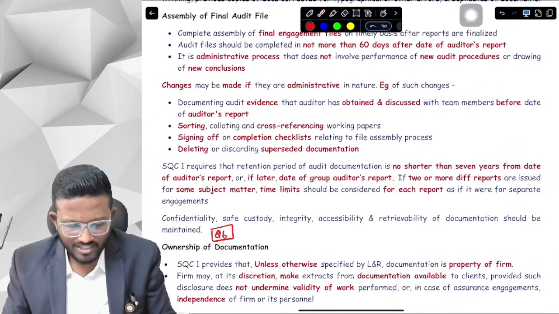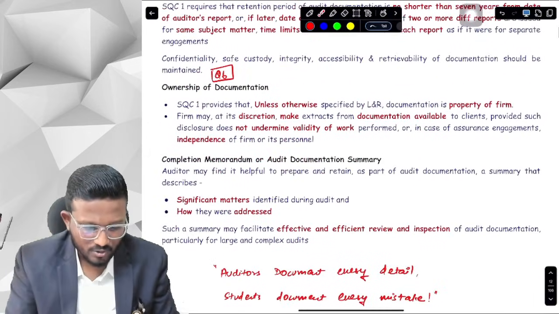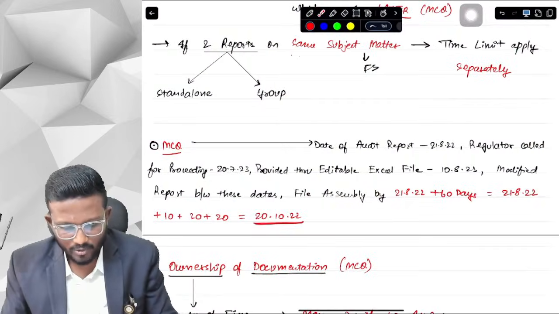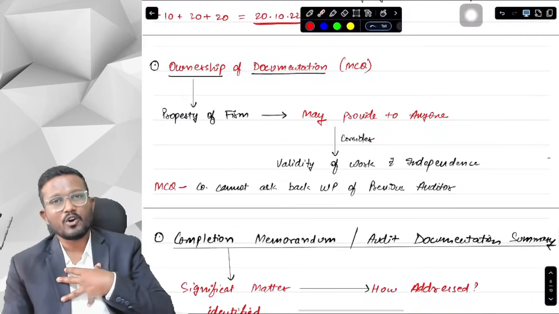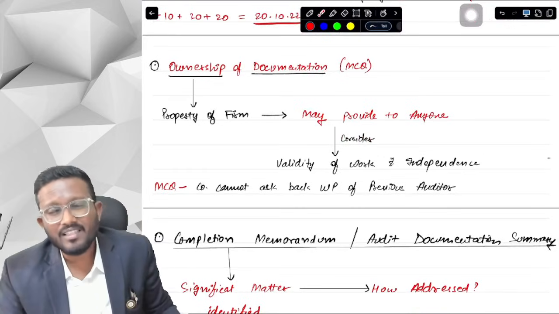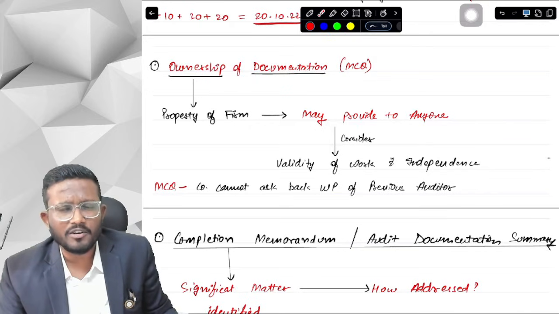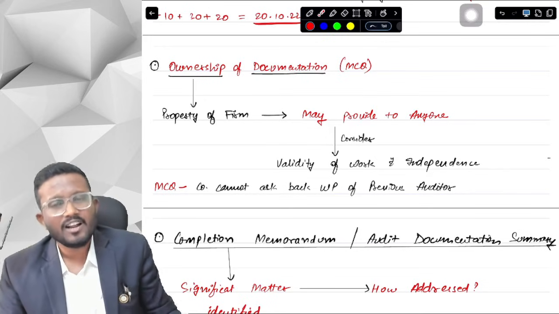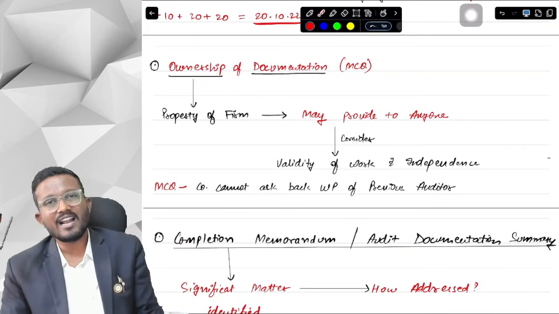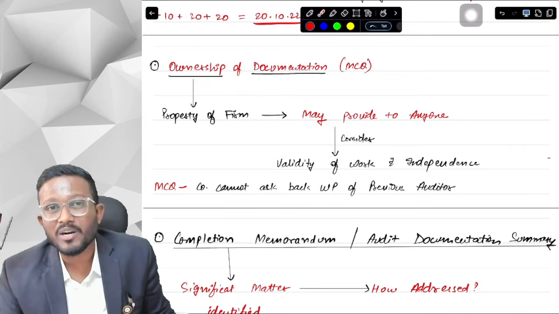Okay, chalo, last topic. The second topic of essay 230 is audit ownership of documentation. What is ownership of documentation? Suppose I have prepared, as an auditor, any audit documentation. Can the client ask for any audit documentation from me? Can the client say, okay, you are the auditor, you have taken a lot of audit evidence from us, you know our trade secrets as well, now you are done with the audit, please return the audit documentation? Do we have the obligation to return the audit documentation?